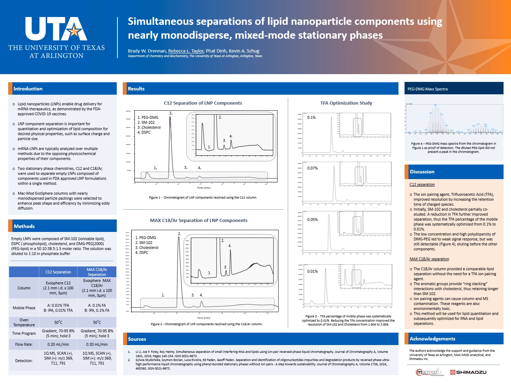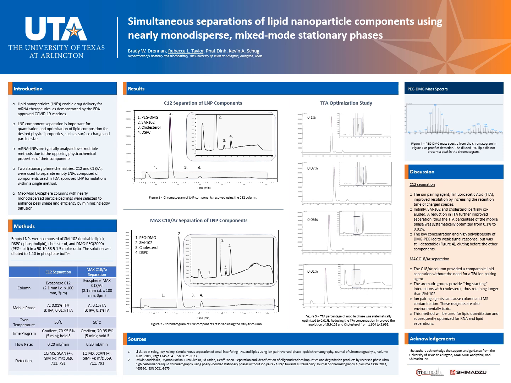their components. mRNA LNPs are typically analyzed over multiple methods to separate by different physiochemical properties. LNP component separation is important for quantitation and optimization of lipid composition for desired physical properties, such as surface charge and particle size. This experiment uses two stationary phases, a C12 and C18 arrow column, to separate empty LNP components